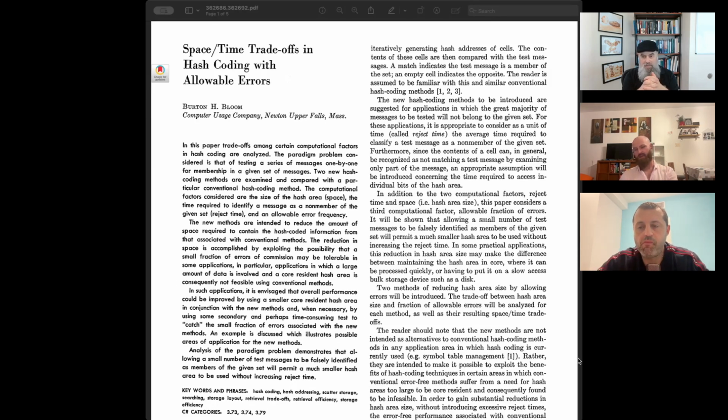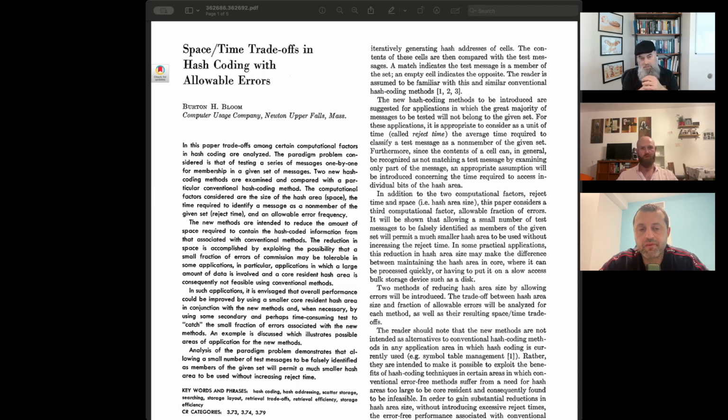And many data scientists or people in data don't know the theory behind it. I only heard about it a few years ago, and recently I saw the paper and said, oh, we should go over it. It's quite nice. So the paper is titled Space/Time Trade-offs in Hash Coding with Allowable Errors,